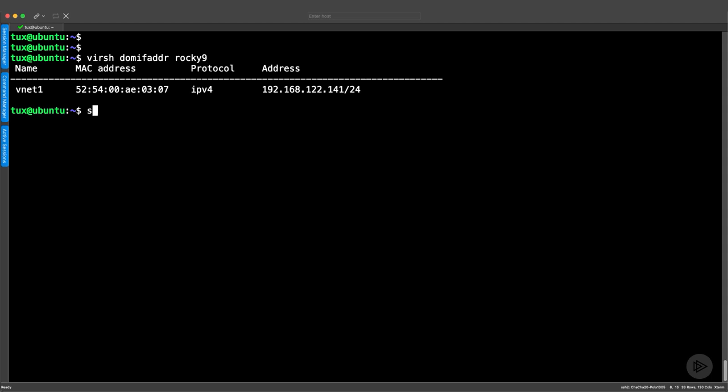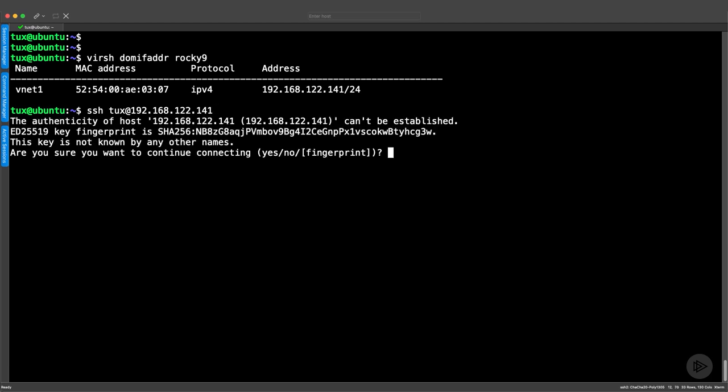So working at my Ubuntu command line, I can use the SSH client to connect as tux. I would by default connect as tux anyway, but it's always worth putting it in. But tux at, and then the IP address that we just grabbed. But don't worry about the subnet mask at the end. I need to accept the public key of the remote system the first time that I connect,